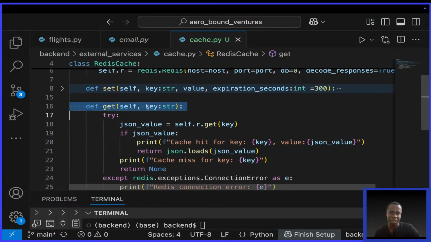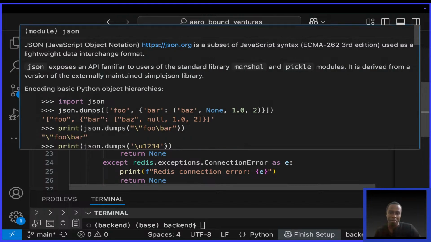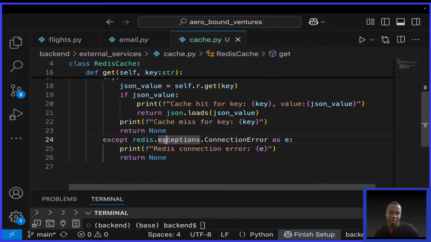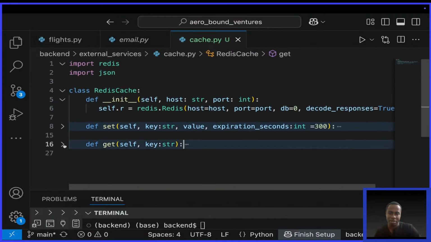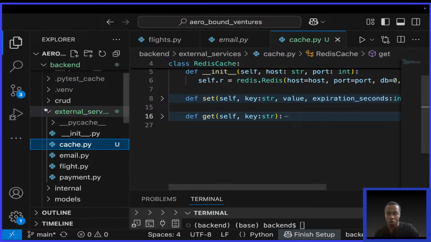For getting a value, it accepts a key. We get the key in from Redis. If the key exists, we simply print that it's a cache hit, meaning it exists, and then we return the value when it has been deserialized. But if it's not there, it will be a cache miss, which means we return none. And in case of any issues like a connection error, we return again none. As simple as that. So what I want to do, I want to go to Docker, to our Docker